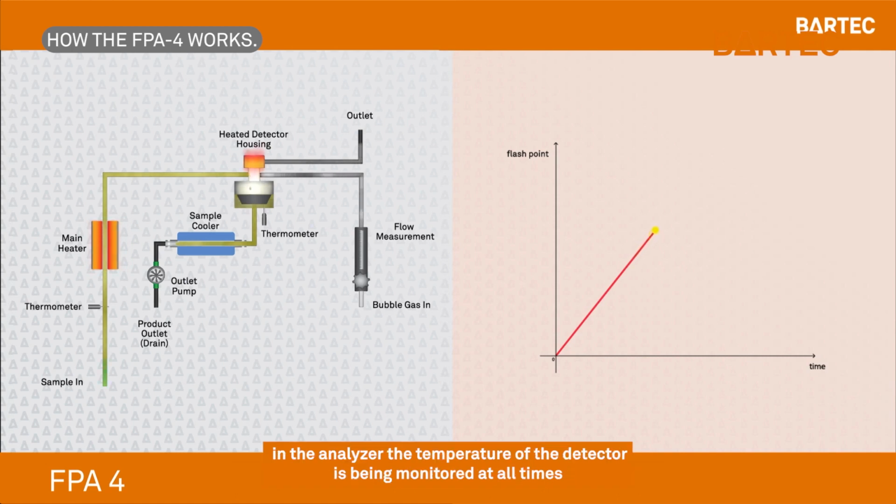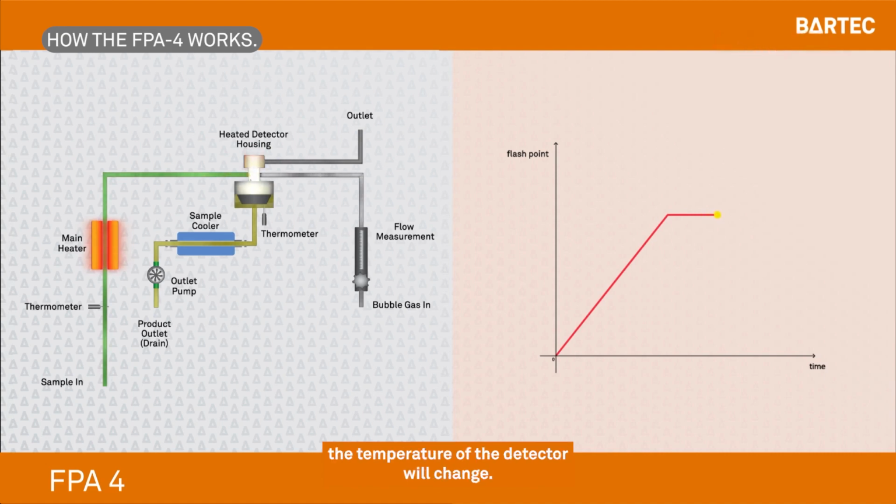In the analyzer, the temperature of the detector is being monitored at all times. When a new sample arrives with a different flash point, or if there's a difference in flash point of the same sample, the temperature of the detector will change, and this is used to correlate to the change of flash point in the sample. Using this method, the analyzer is capable of monitoring flash point of the sample coming through